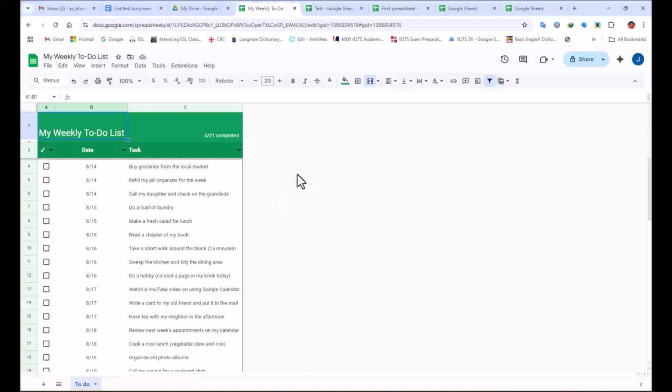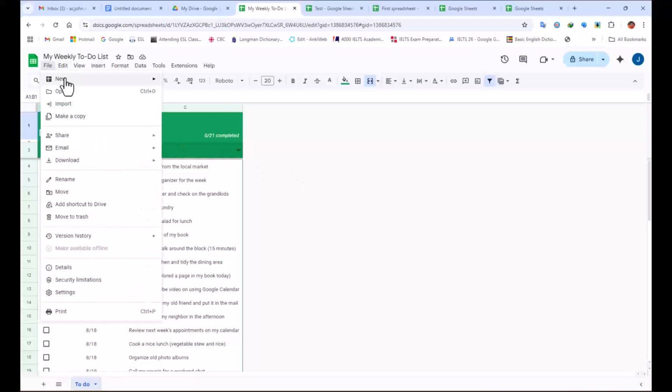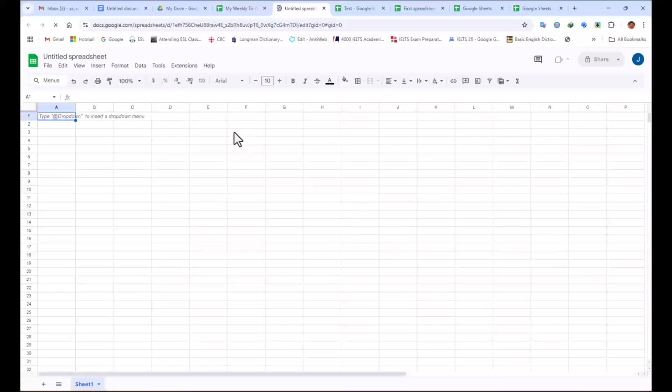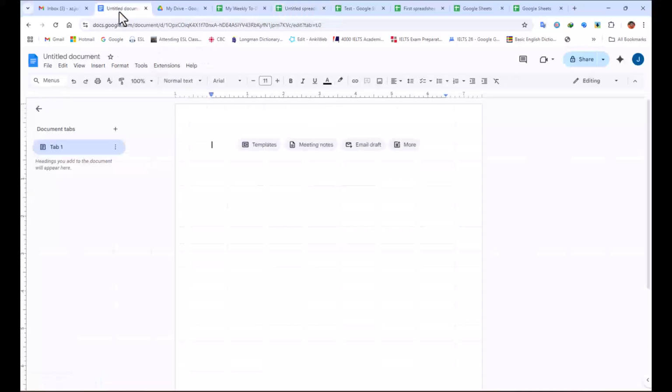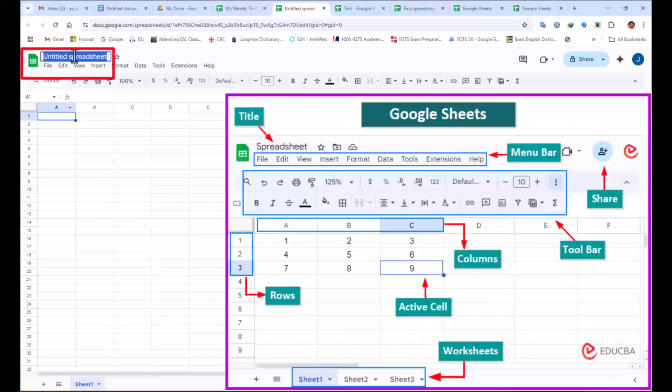Now the last point that I'm going to work on: when I open a new file, a new spreadsheet, this is another way to open a new file. We are going to learn the environment, or workplace, that we are going to work in on Google Sheets. This is similar to the one I worked in Google Docs. The same as Google Docs, here is the title of the book. We can call it, for example, Book 1 Practice. Okay, it will be renamed here. So it is saved automatically. It is not necessary to click on any button.